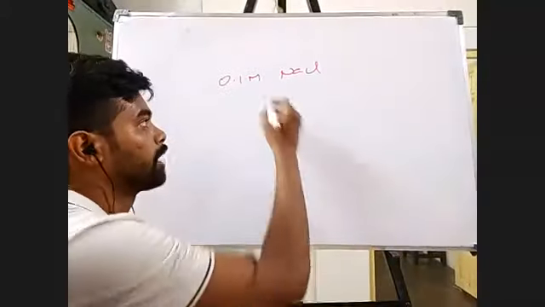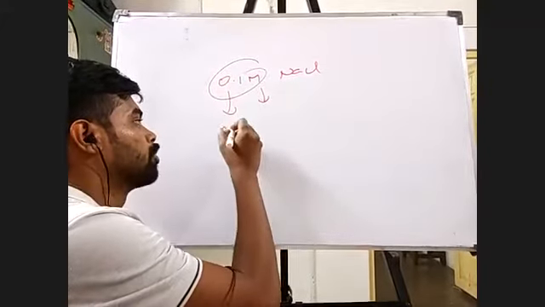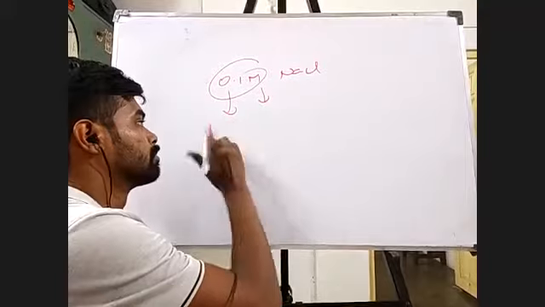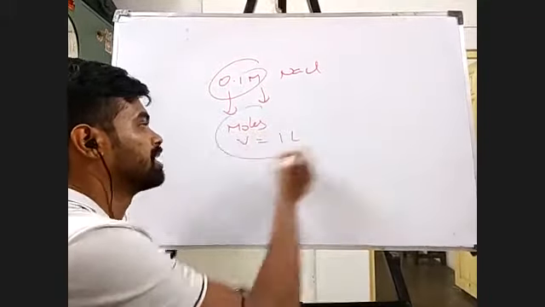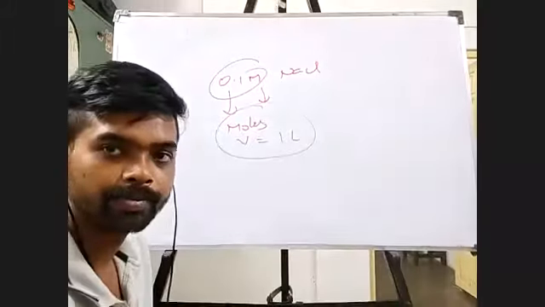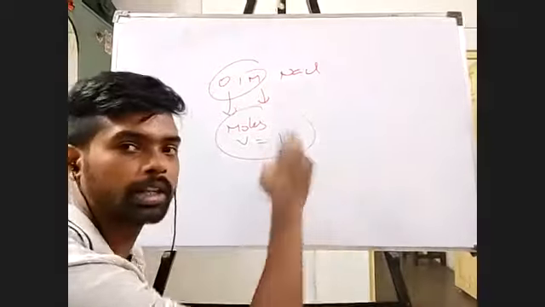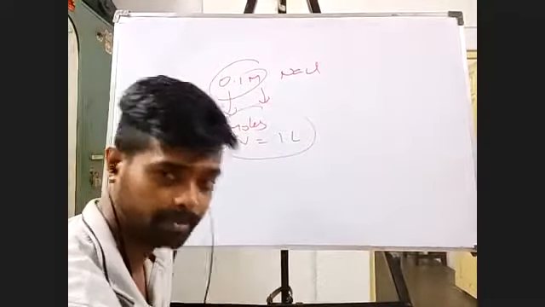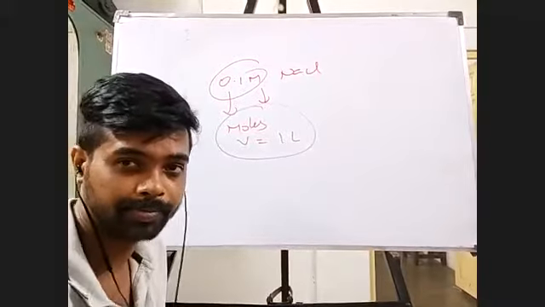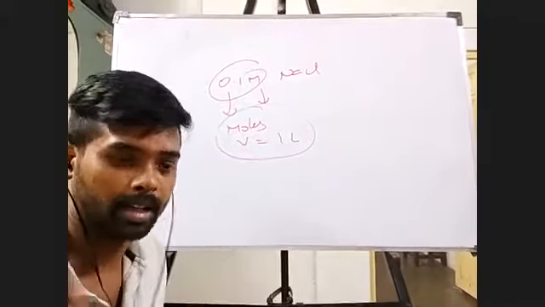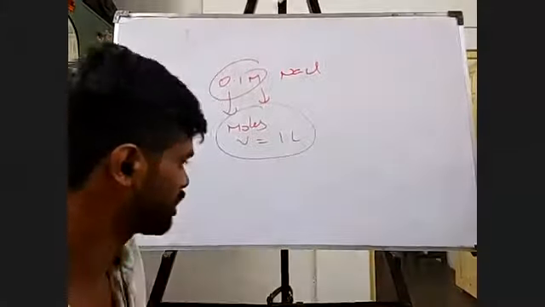So whenever the volume is not given, directly take this to be the number of moles, and assume volume to be 1 liter. These two things you have to do whenever volume is not given. But if volume is given, then you should not do this. Then you have to go for the formula and do whatever the required calculations. Understood? Okay, fine.